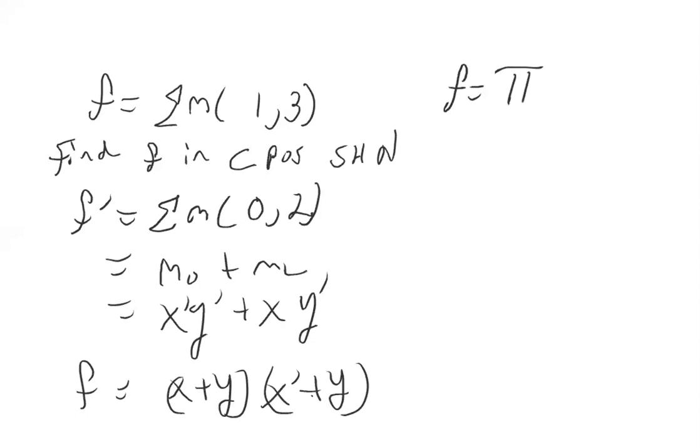And that is equal to the pi product, because these terms are multiplied together instead of the sigma where these terms are being added together. And in the pi product, we use capital M because these are max terms. And in those max terms, we write out the complement of the set of terms, that is those elements which are in the offset. So what we'll do is we'll write out 0, 2,